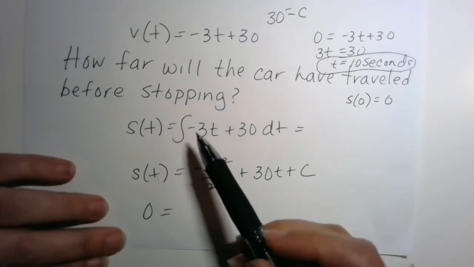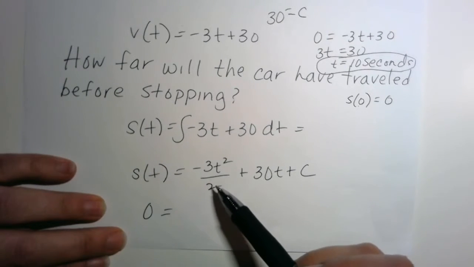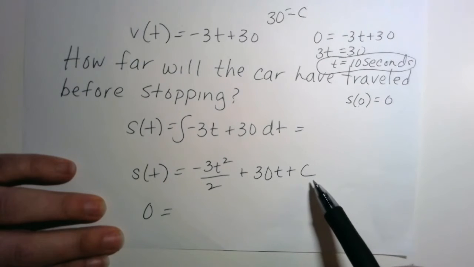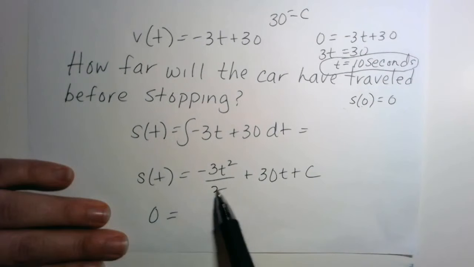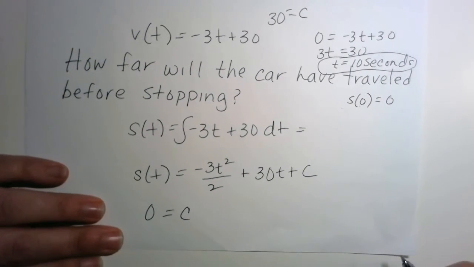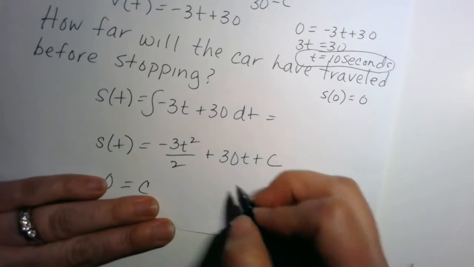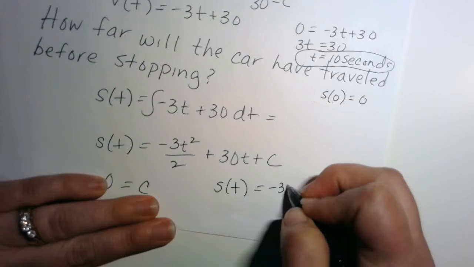When I did the antiderivative here, I added 1 to the power. Here I got negative 3 and plus 30t, and then I add a constant. So now I know that s of 0 is 0. When I plug in 0 here and 0 here, that's all 0, so I find out immediately that c is 0. So that means my position function is s of t equals negative 3t squared